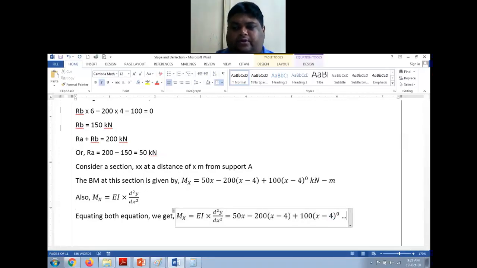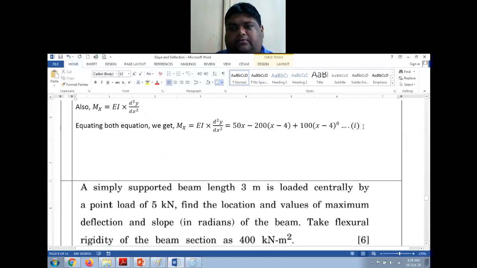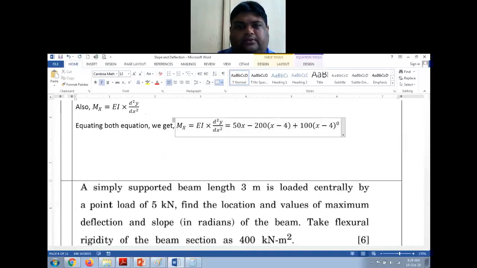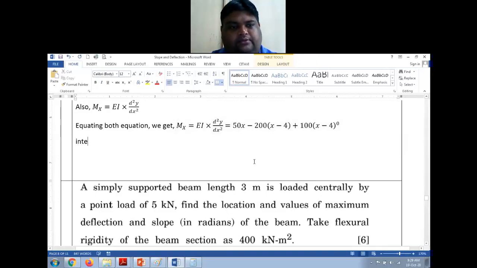And I'll call this as equation 1. This is not required to number this. Now I have to integrate this equation twice. Equation, we get